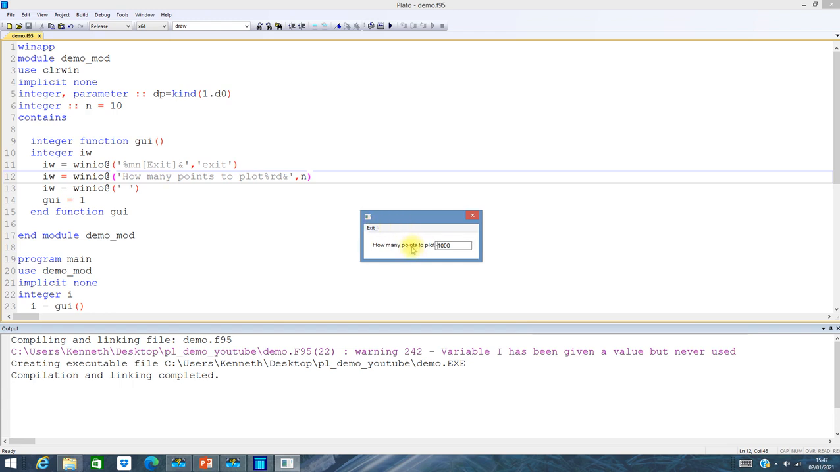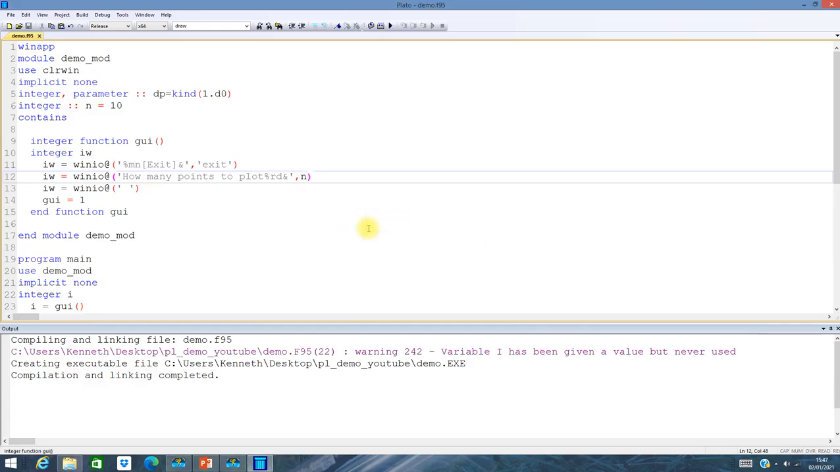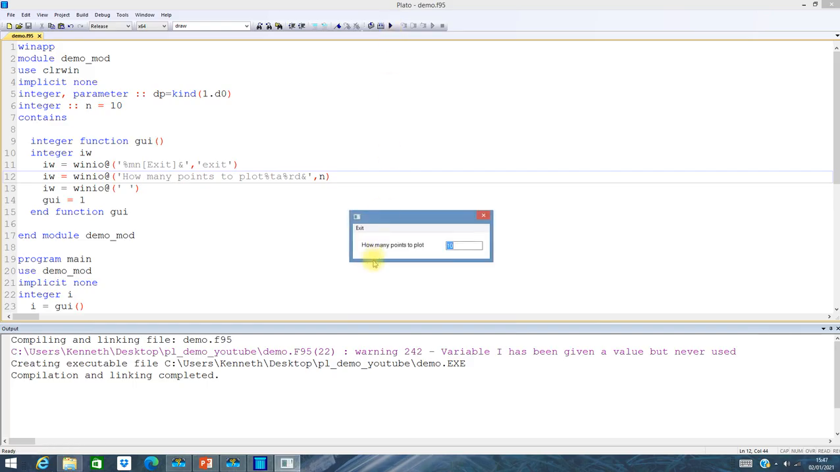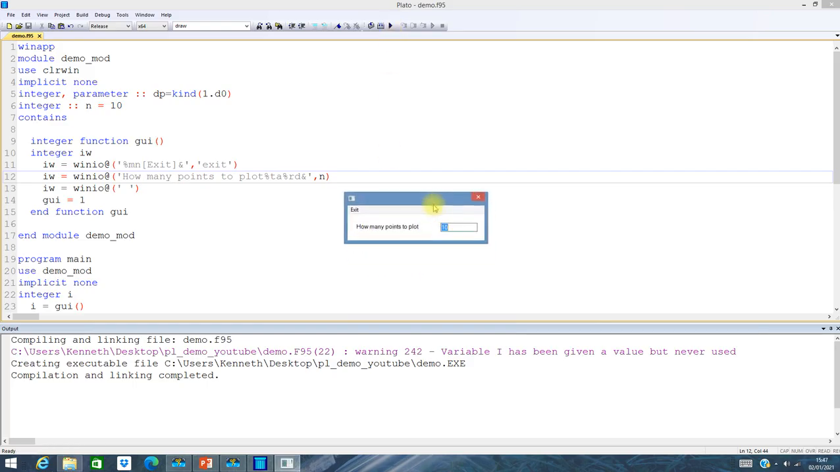So let's modify this and put a space between the question and the edit box. And we can do that quite simply by putting a tab between the end of the string and the edit box. That looks okay now. The problem with this is that the background colour of the window is the same as the background colour of the edit box. So let's change the background colour of the window,